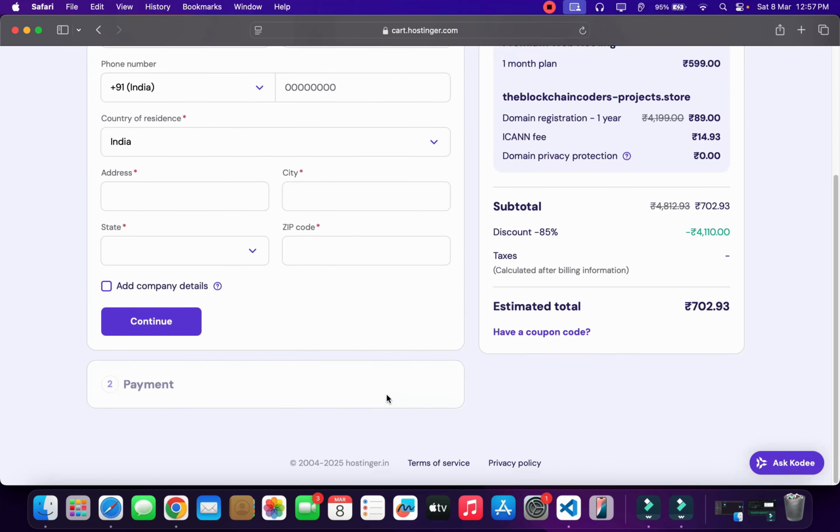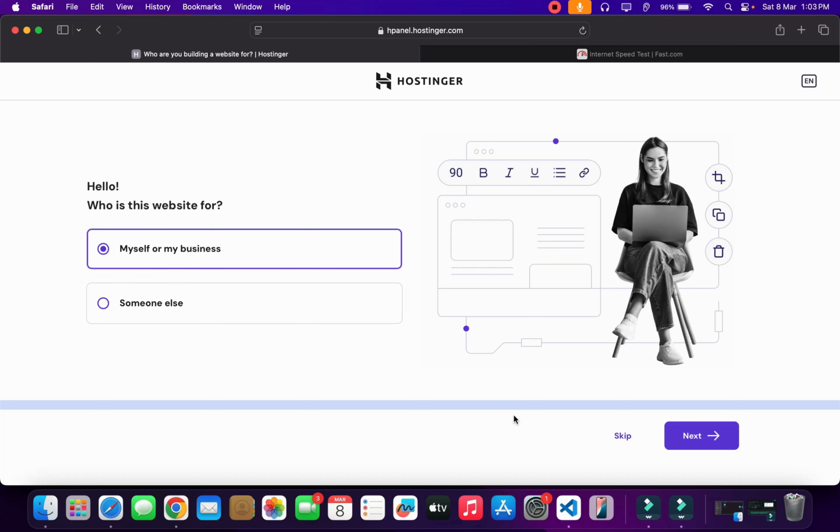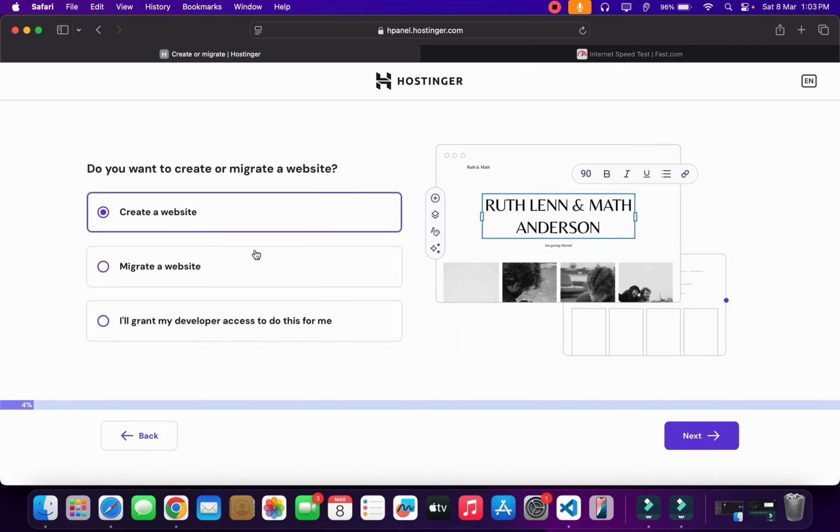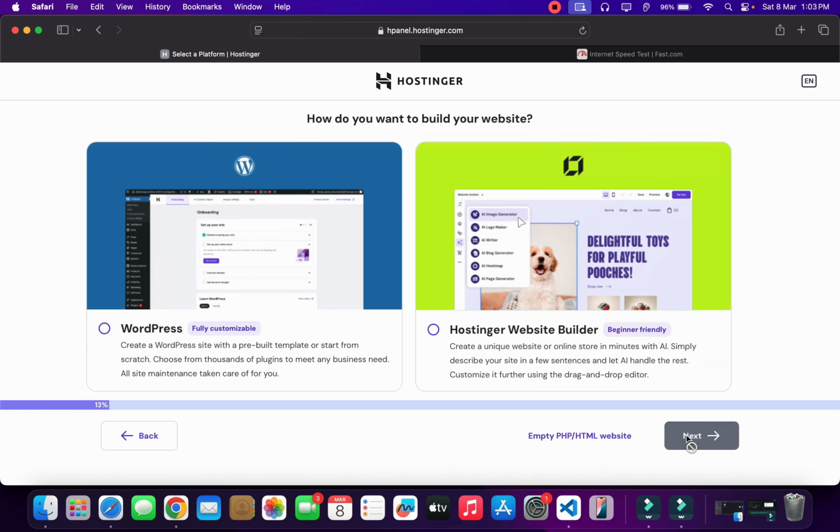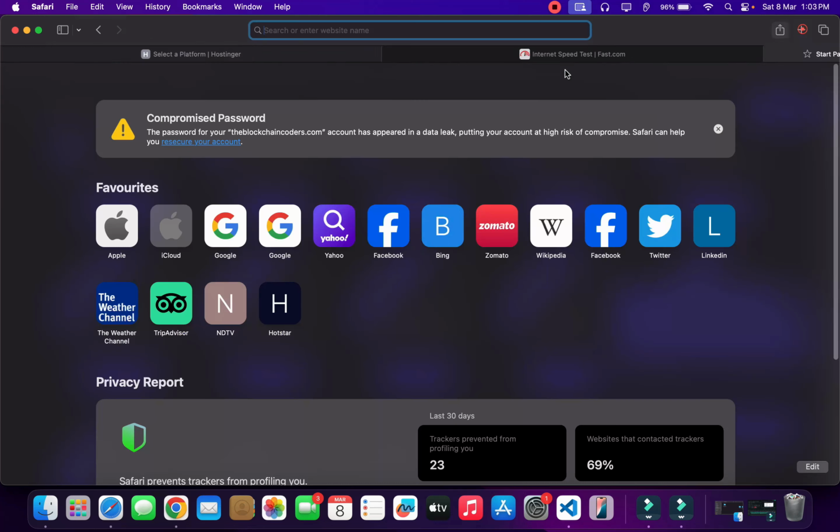So finally I've done with the payment. After completing payment, I'm redirected here. So you can simply select my business, and click on next, and it will ask you a couple of things, like how you want to create: migrate a website, grant access to a developer to do it for me, or you can simply go to this instance. Here it will ask you to pick different providers, like if you want to use hosting or a website builder, or you can do anything. So what I will do, I'll simply come back here, and I'm going to open a new tab, because once you do that, you can simply come back here to Hostinger,